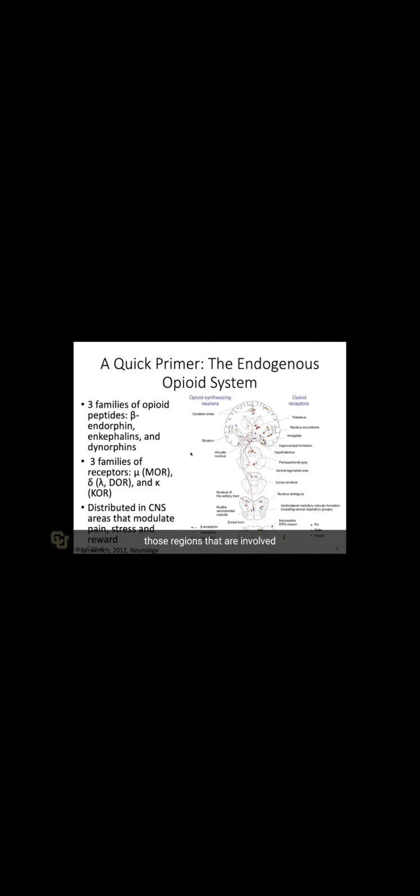And this part over here on the right is just basically showing you those regions that are involved in pain, stress, and reward. And on the left-hand side over here, you'll see the location of opioid synthesizing neurons. On the right-hand side, the location of opioid receptors. And you quickly will note these receptors are in key areas that are not just involved in pain and stress, but also involved in this sort of addiction pathway, like the nucleus accumbens, for example. Anyway, if you want, you can dig more deeply into this, but I will just highlight two key areas in terms of the addictive side, the ventral tegmental area and the nucleus accumbens.